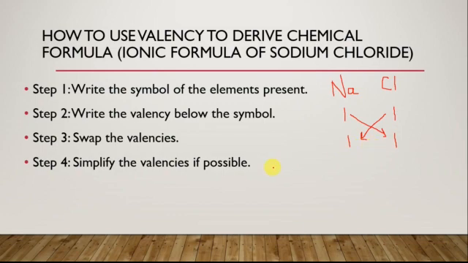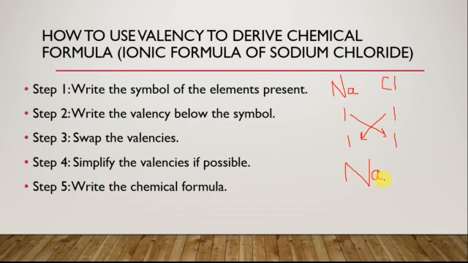And the fifth step is to write down the chemical formula. So everyone just listen carefully, how do we write the chemical formula. We write the symbol first, that is Na, and whatever the number is, now for sodium the number is 1. Whatever the number is, we write it as a subscript. Subscript means below the line, below sodium. But here as the number is 1, we usually do not write 1. If it is 2, 3, 4, and so on, we write that number.